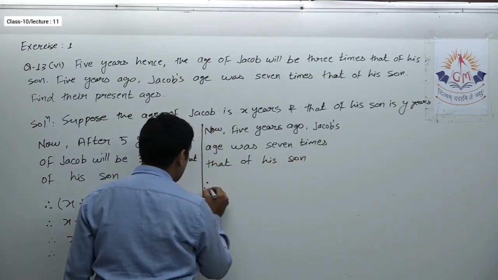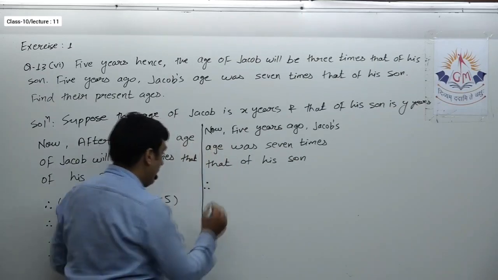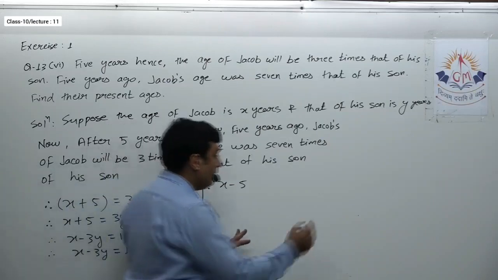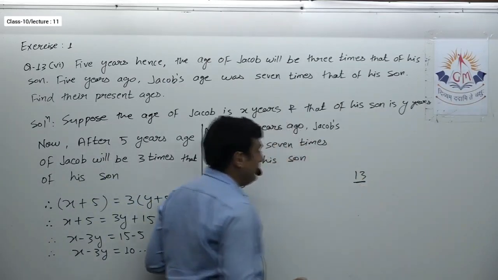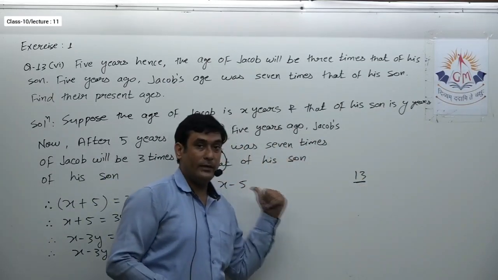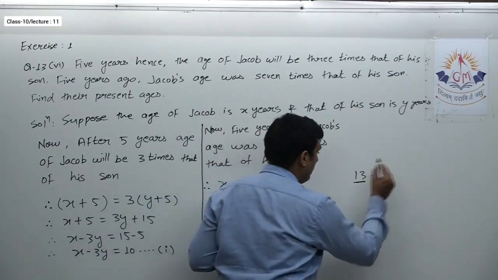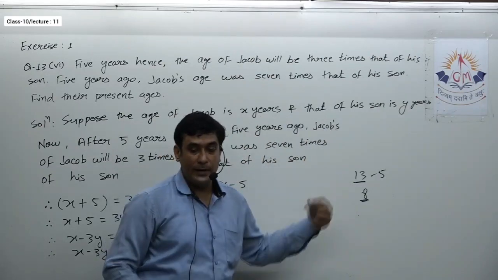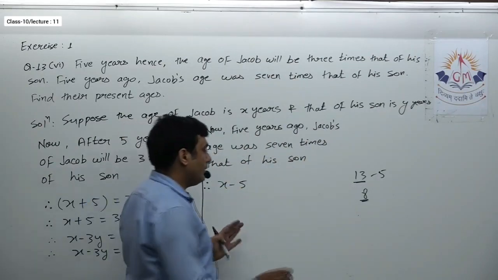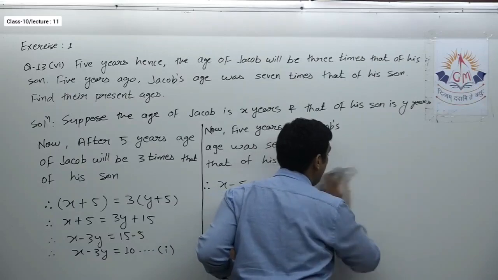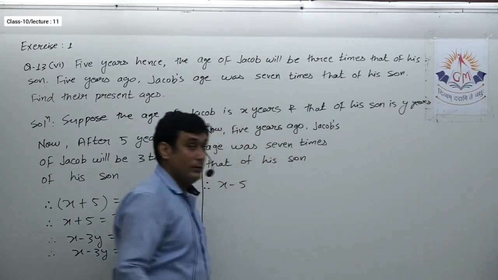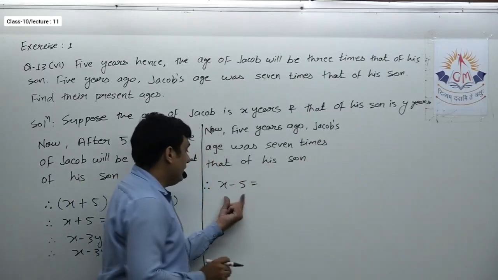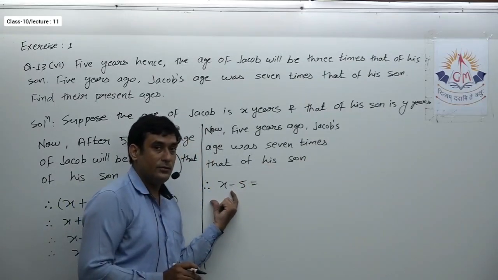Therefore I can write, see, 5 years ago. So 5 years ago the age of Jacob was x minus 5. Again, if I say your present age is 13, then what was your age 5 years ago? So 13 minus 5, that is 8, isn't it? So we have to subtract to find the previous age or the past age, and we have to add to find the future age. So x minus 5 is equal to, 5 years ago this was the age of Jacob,